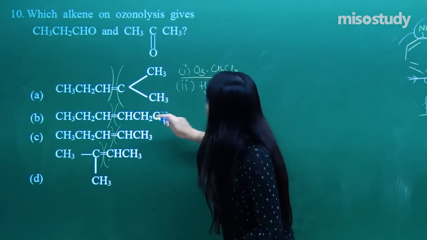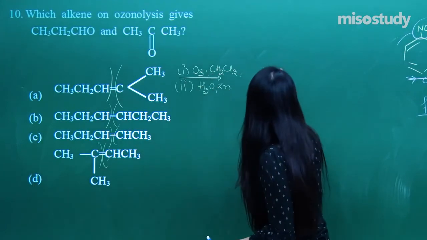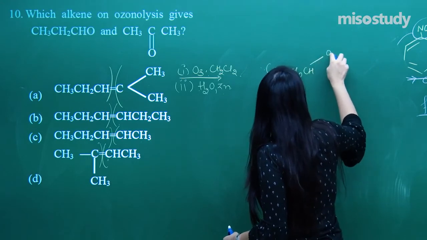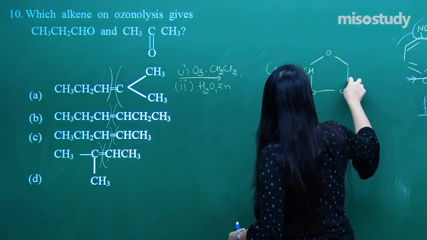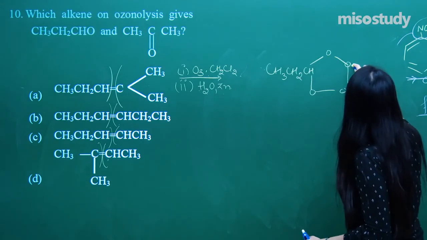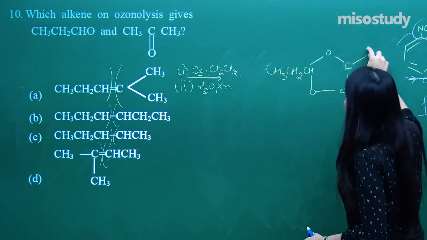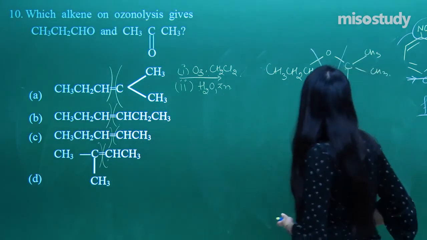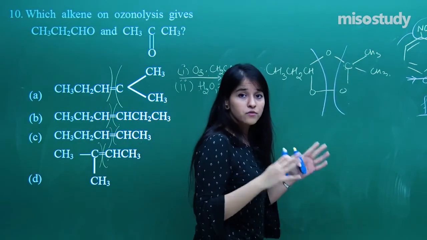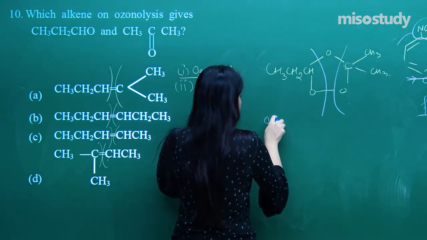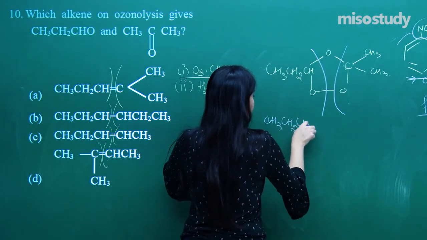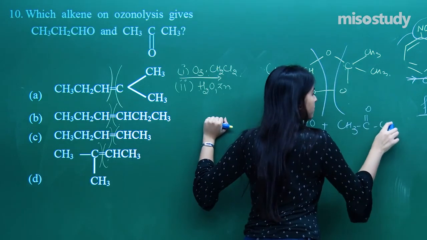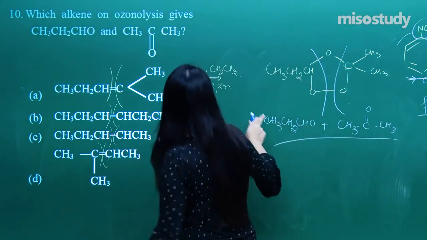Let us take up the very first example. Here what do we get? CH3, CH2, CH, and that is how the ozonide is formed. And yes, there is a carbon, CH3, CH3. So is that our answer? Let us check. You need to break it down. That is the kind of ring which is formed, nothing but the ozonide, giving CH3CHO plus acetone. I hope you all are able to follow. So is this what they want?